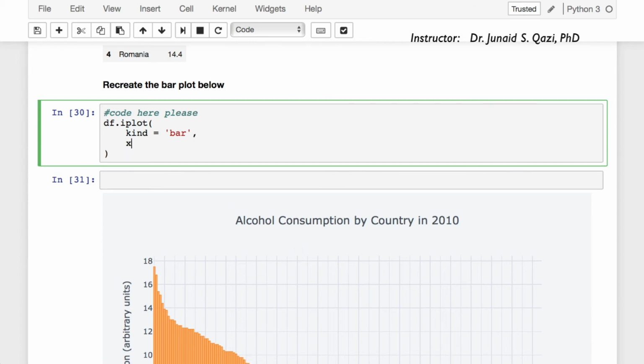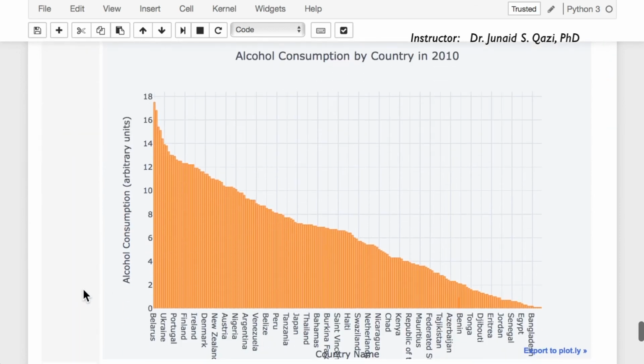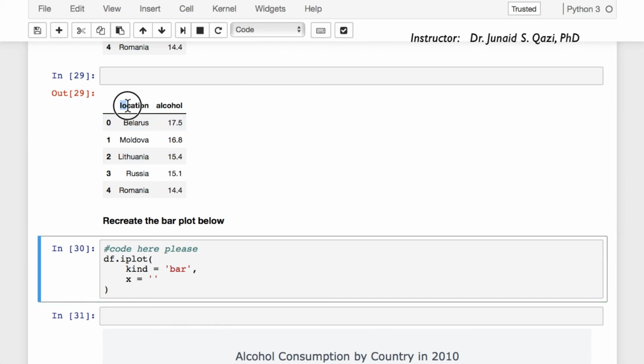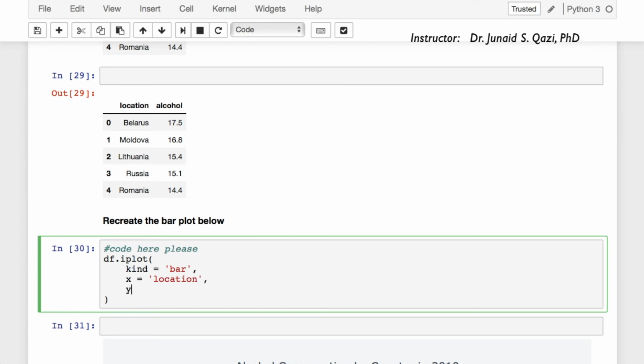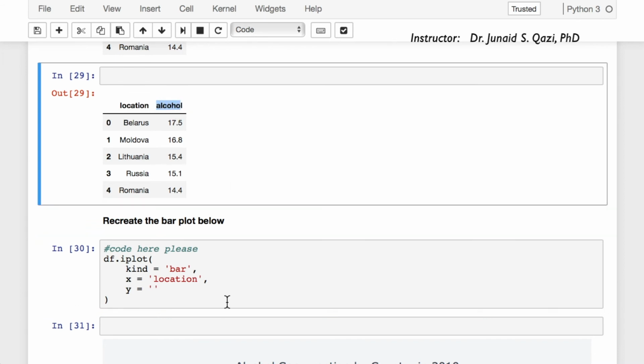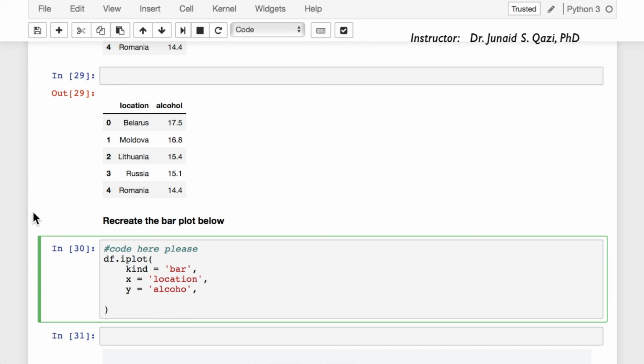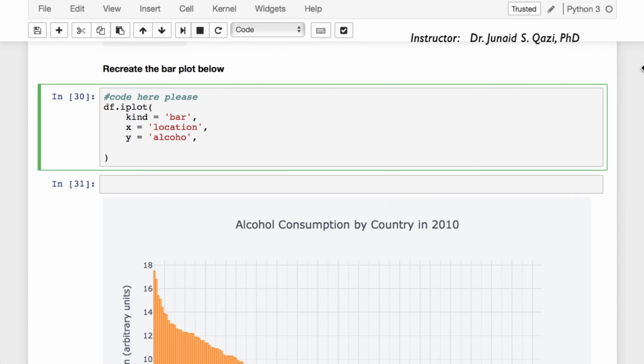So kind is bar, our x is going to be country name, which is actually location. Let's copy this column just to save some typing and to avoid any typing error. So y is going to be our second column, which is alcohol. Once again, we copied from the data frame just to avoid any typing error. We need to set x and y titles as well, and the title of the plot. So x title, this is with capital T title. So this is extra T here, let's delete it. Title